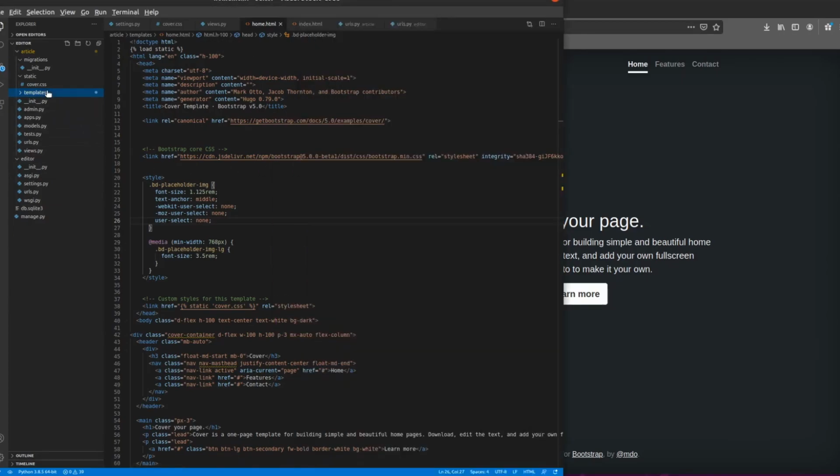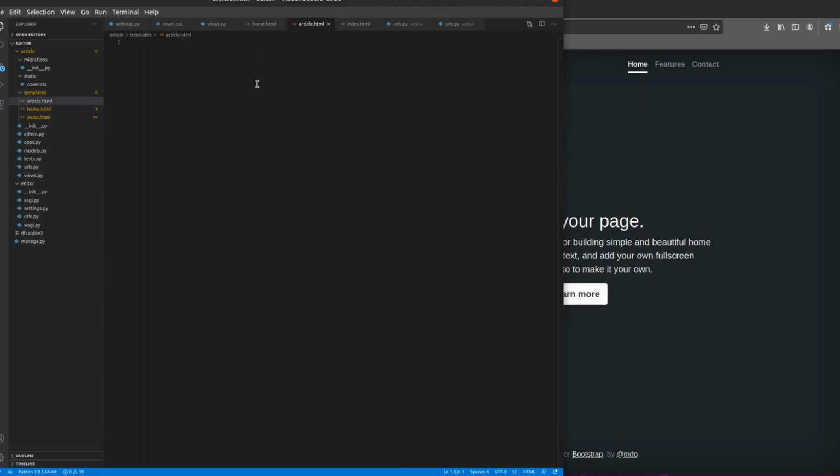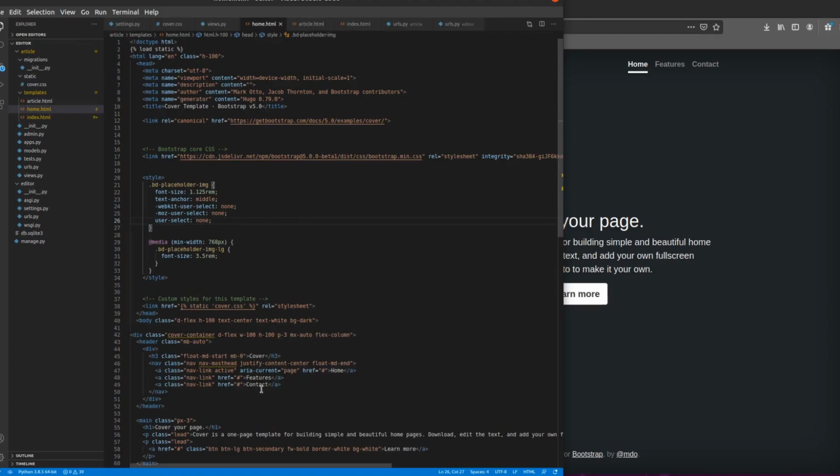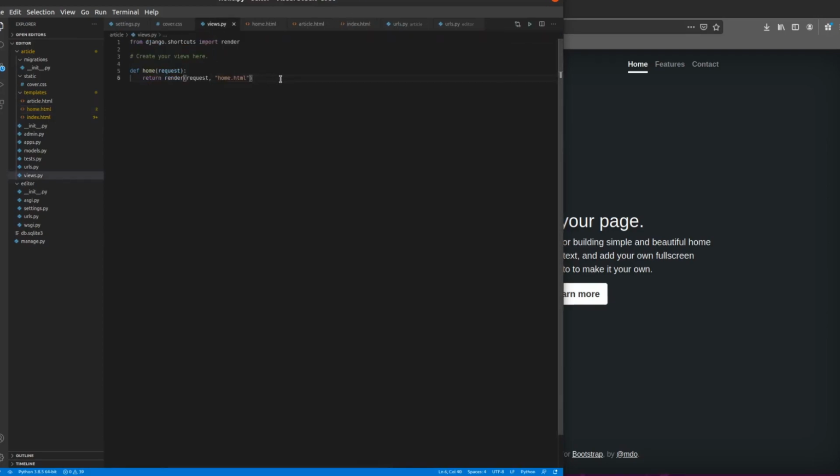So first, let's go into template, new file, article.html, save it, and let's just do a test article, save it, and then we go to home, and then over here, what we can do is do the HTML way, go to the article, and then create here, we will say article, and then in our views.py we need to create the function. So def article